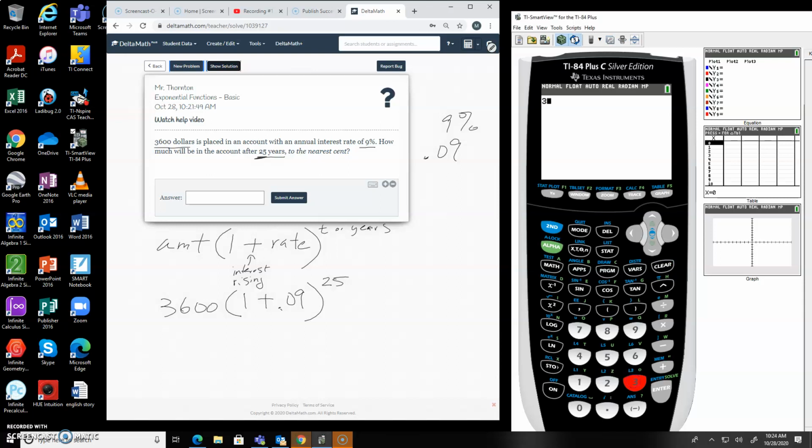So 3,600 parentheses 1 plus 0.09 parentheses. Then we hit this button to make our exponent, and 25, and then hit enter. And that gives us